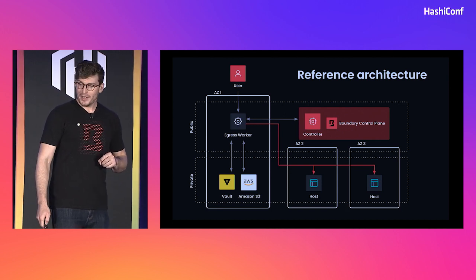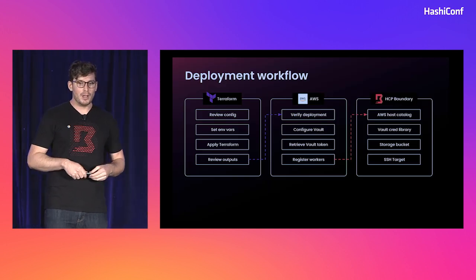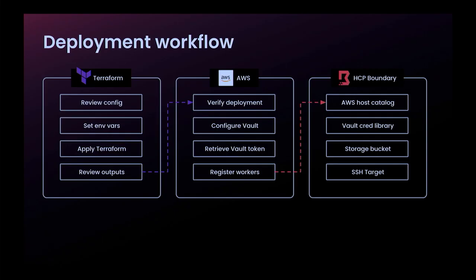All right. So hopefully that gives you a bird's eye view of what we're going to be setting up today. The deployment workflow we'll be following is we're going to use Terraform to speed along the process of setting up some of these components that we're going to need. Now, to be very clear, you don't have to use Terraform to do any of this, but we're going to utilize it to speed up the process of deploying Vault and to simplify it as well. So Vault in particular will be that credential management system for us. And we'll use Terraform to deploy Vault and then also set up some targets that we can access using Boundary